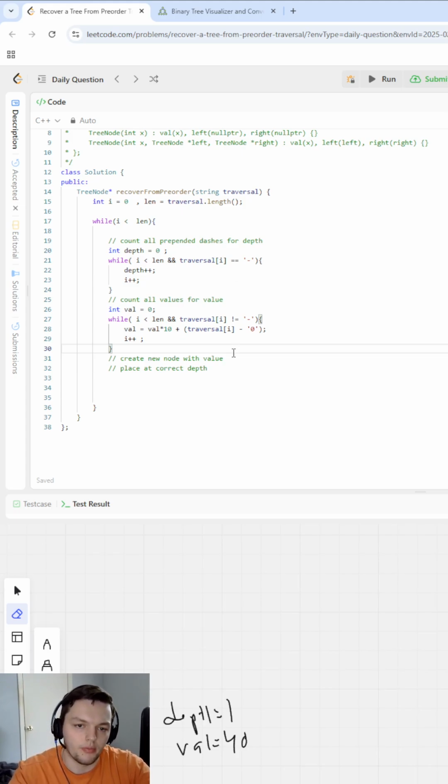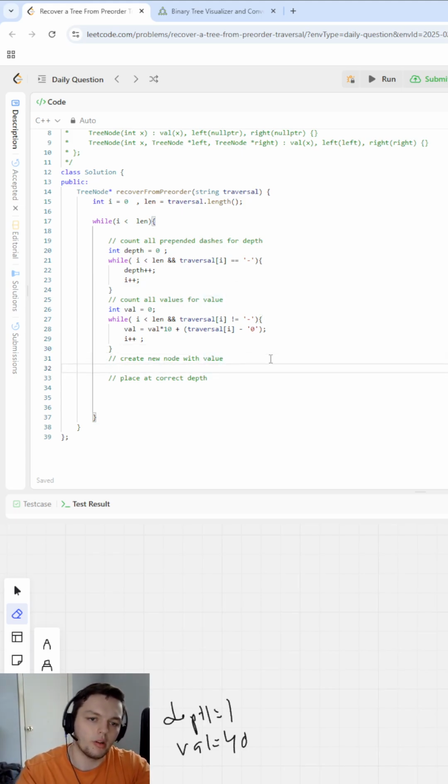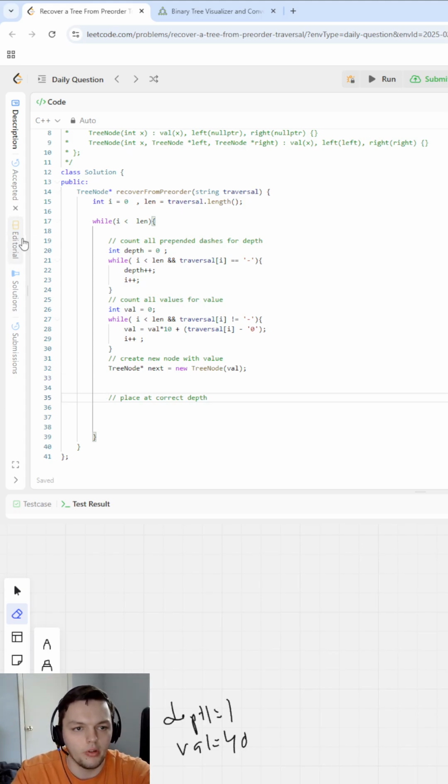So we can create the new node. So we'll say TreeNode next equals new TreeNode. We'll use this value constructor right here, TreeNode, and then val. So we have our new node. Now we've got to do the hard part, and that's placing it. Well, if we really think about this,